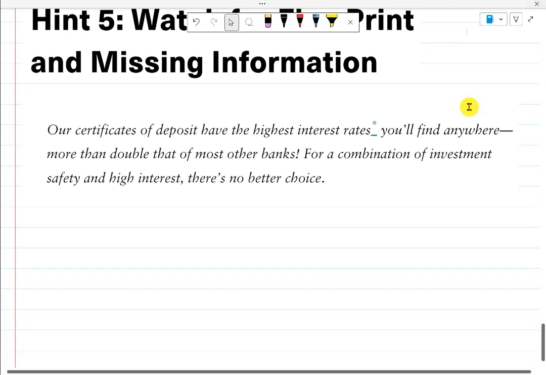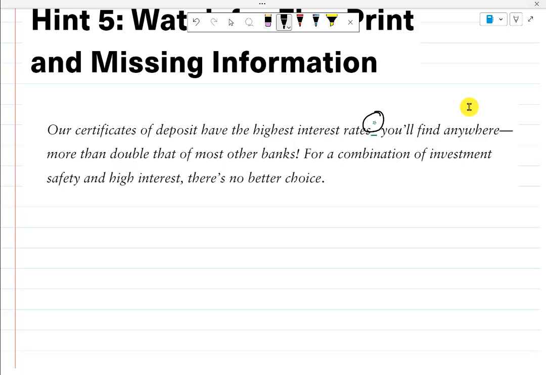This here, that asterisk, by now you know what to look for. You know to go down to the bottom of the page and look for smaller font print that describes what's going on there. And in this case, this was an actual advertisement. The book assures me that all of these things did come from real life.